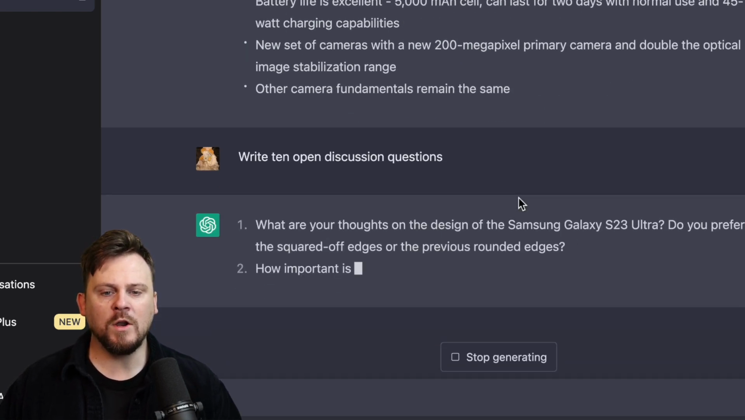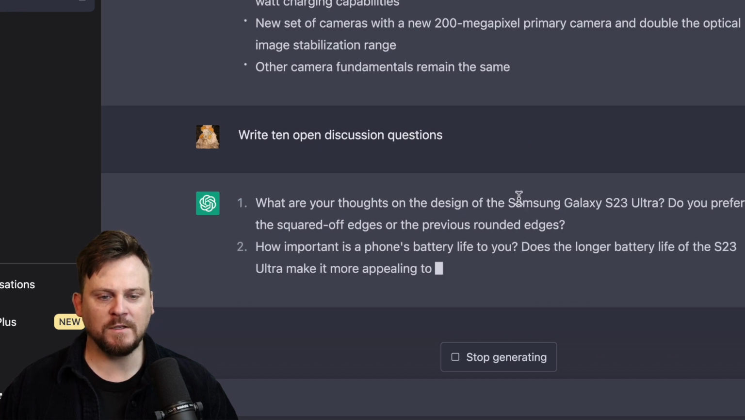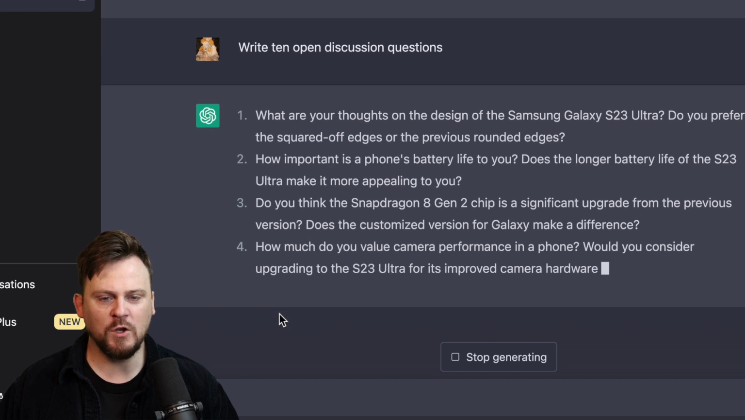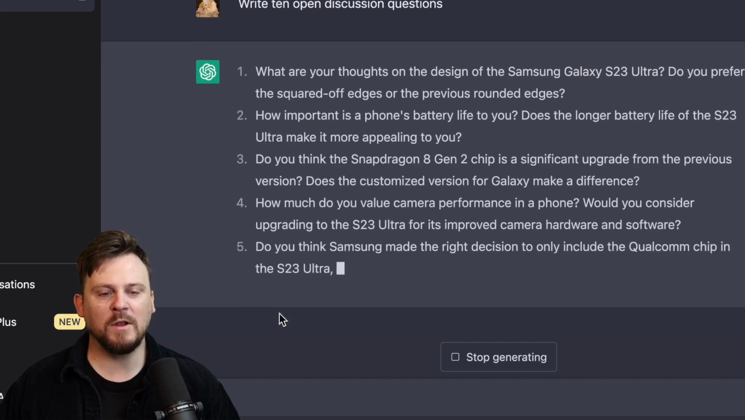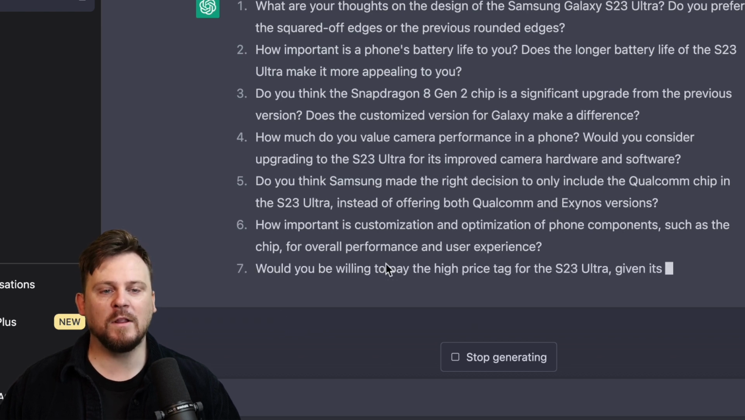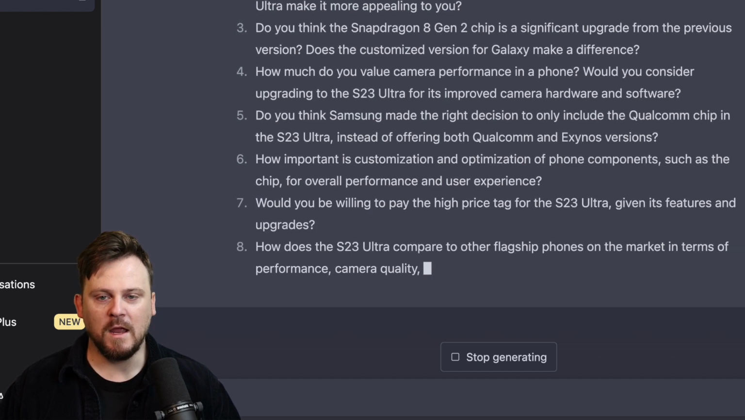Number 1, what are your thoughts on the design of the Samsung Galaxy S23 Ultra? How important is a phone's battery life to you? Does the longer battery life of the S23 Ultra make it